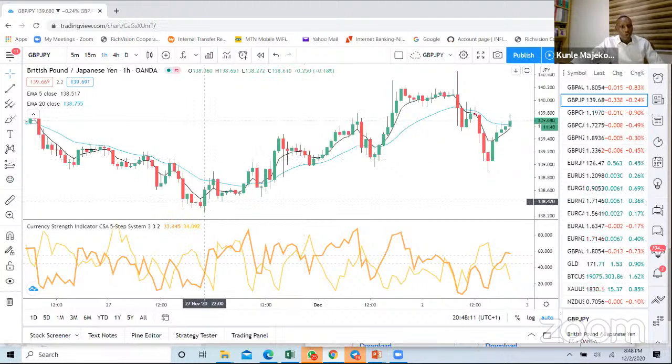This is a live account. I'm showing you a live account. I can also show you a support. Look at this level around here. It is not really a line, it's more like a range. I can see some level here, between here and here. This used to be a resistance. Then a long candle broke through it. When it comes down again, it reversed. It comes down again, it's rejected again.